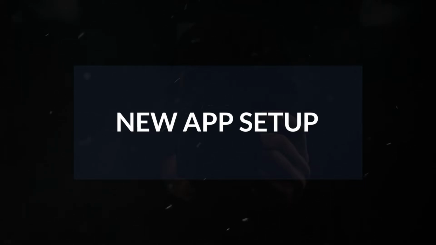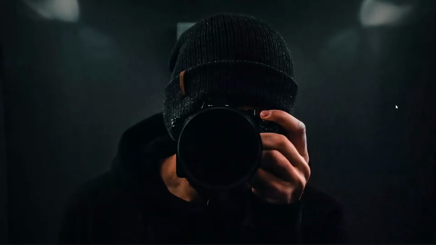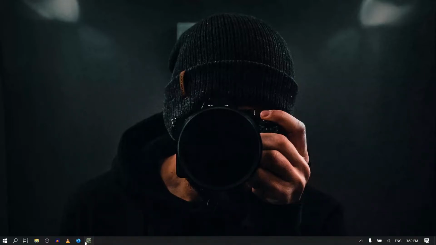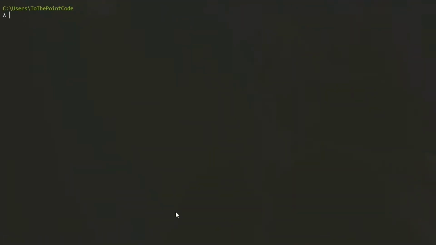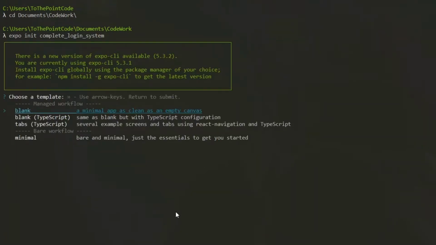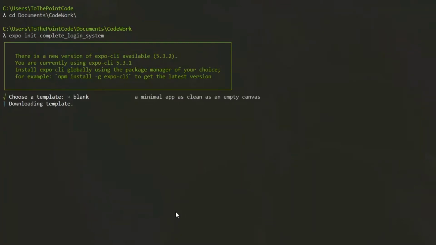Our journey starts on the command line, so we open a command line tool and create a new app. On the command line, we make use of the cd command to change directory to the location where we want to create our app. Now I'll be using Expo in this video, so I'll make use of Expo init to create the new app. For the template, I'll select the blank one. This might take a while to complete, and you can always pause the video and continue when it is done